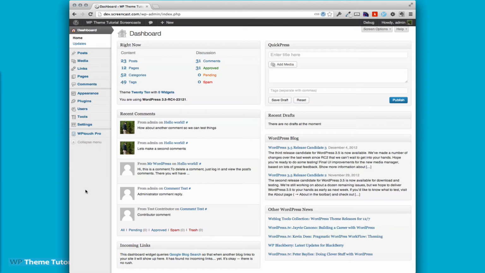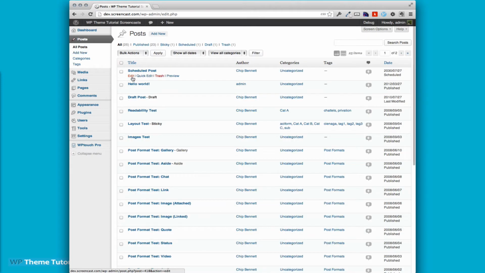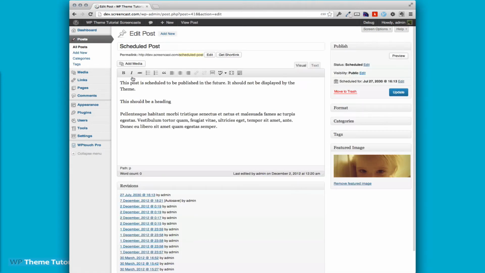So I'm loaded up on, I guess, the bleeding edge version, which is, you see, 3.5 RC4 and some long number. And we're going to look at the media gallery. We'll start by going to a post. I'm going to remove that featured image that I did earlier. So you can see the whole UI got a bit of a refresh, but we're really going to play with